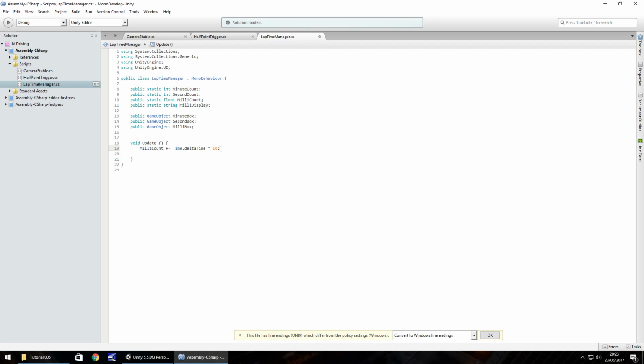Now, as I say, every single frame it may seem a bit crazy, but you'll see how this works when we actually get the timer working itself. It's just a good, nice, quick way of creating this particular countdown, as it were, or timer. So next we need to do milli display